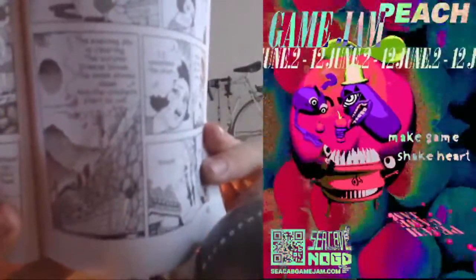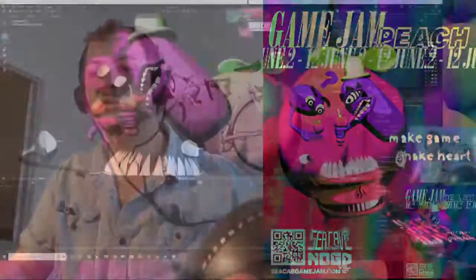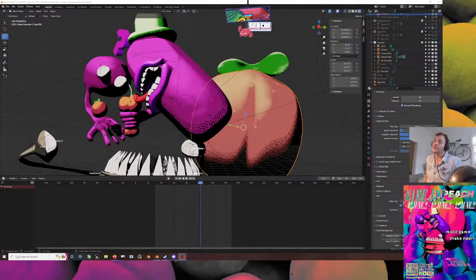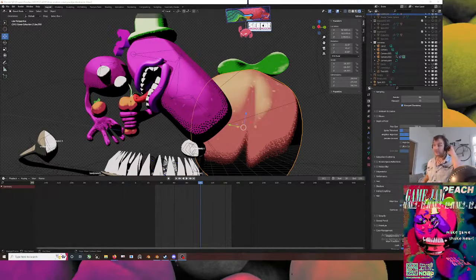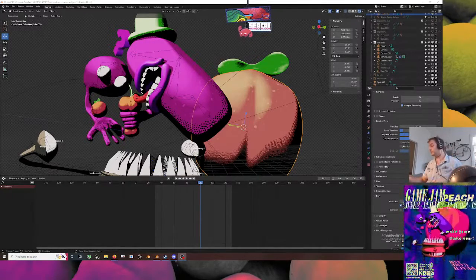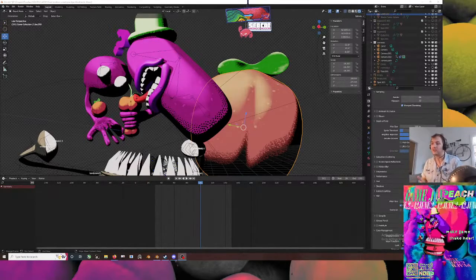I don't know if they're selling because of the camera, but don't worry, there's just little dots on it, similar to the guy up here. And I want to know if I could bring that into Blender. And thanks to a tutorial, I was able to accurately ask for what I want to do, because I knew I wanted to do a ramp shader. What a ramp shader is, or cell shading,